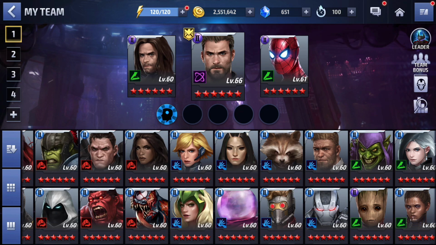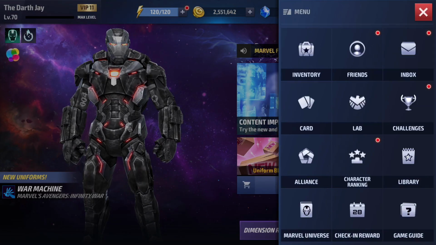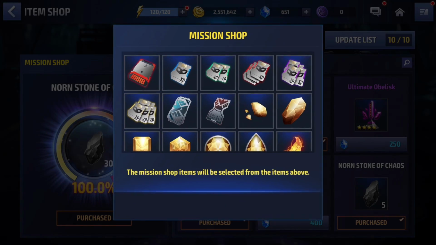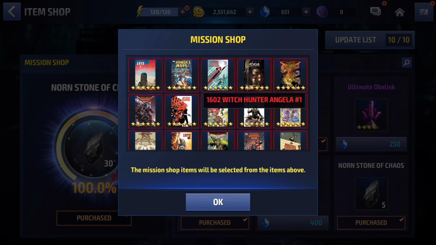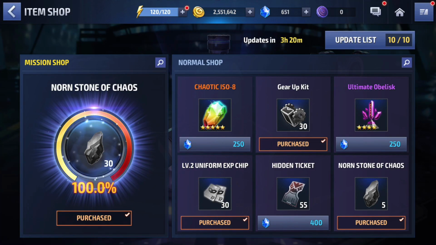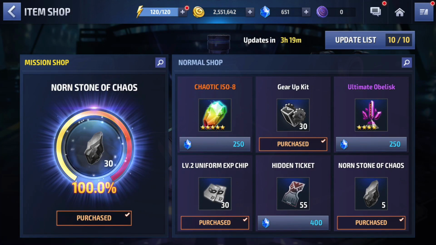So... Oh, I know what we were going to do. So, in the mission shop... Lab... Right here, it shows you the different types of things that you can get in the mission shop with this 100%. So, I mean, there's this comic... I mean, there's all this stuff that could pop up right here. Obviously, again, I don't have any of these to update this. Otherwise, you have to wait 3 hours for it to update. I have my mission shop maxed out, so...